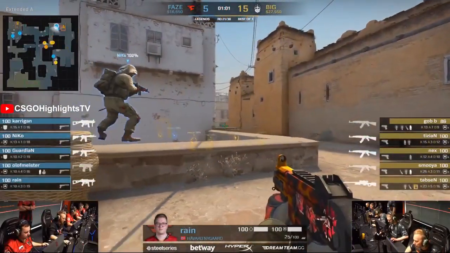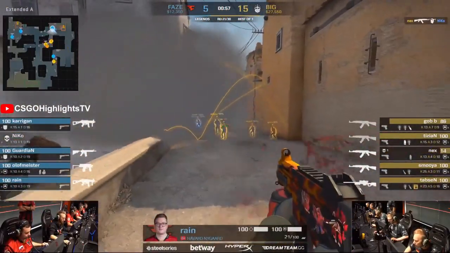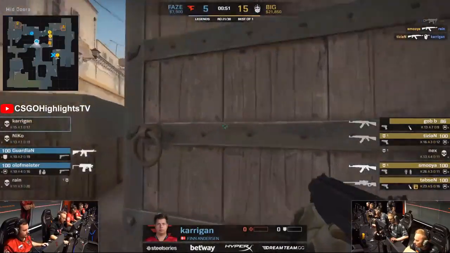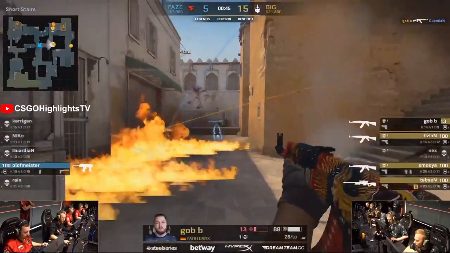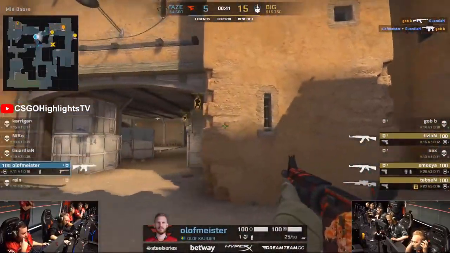So far, there's no reason to think that that would happen. And they're going to try to get close to the smoke. It might be the only way forward. They're out in the open. Rain around the side of the smoke picks off one, but that's all he can do. It's trying to make a best of a bad situation, but they are getting slaughtered here. Guardian and Olofmeister. Just Olofmeister with an MP9. Maybe there was a better weapon on short, but okay, he's got the